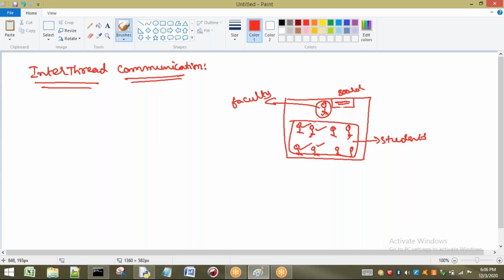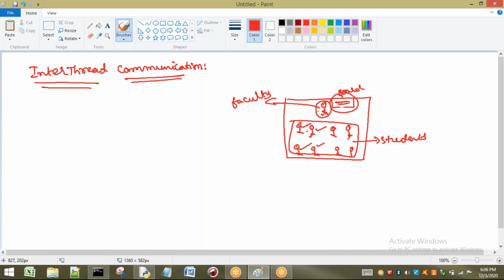Until that time, while the faculty is writing, the students have to wait. When the faculty says, okay, note down the points, then the students note them down. So this is one example of communication between faculty and student. The faculty uses this board, and students also use this board.